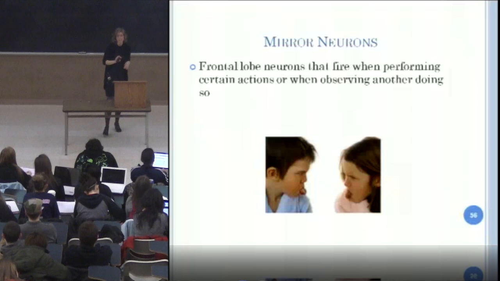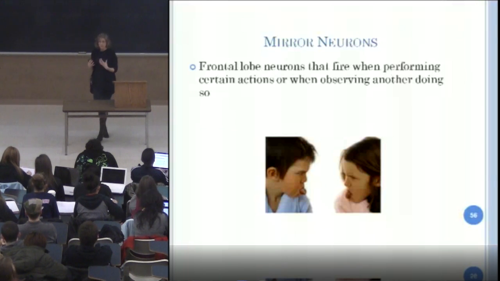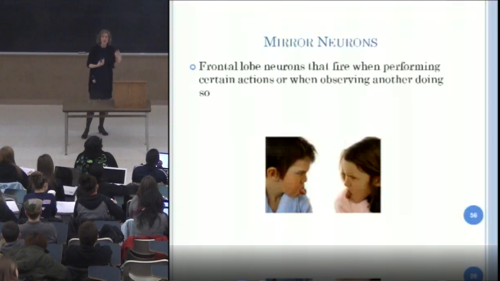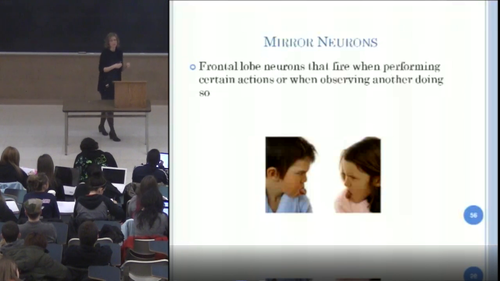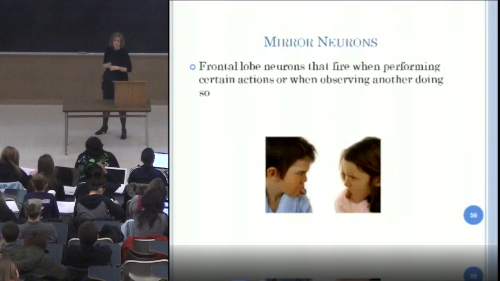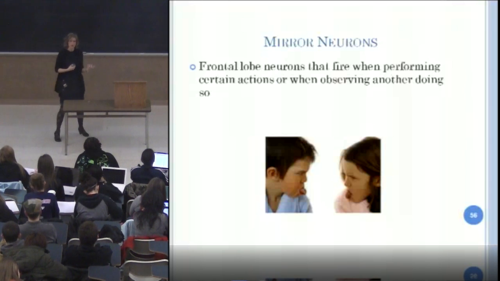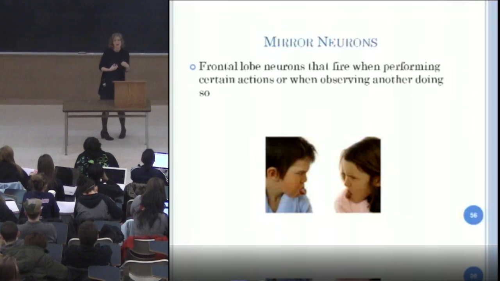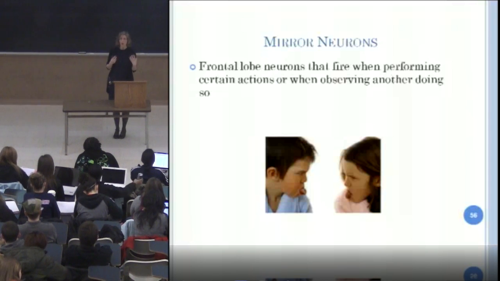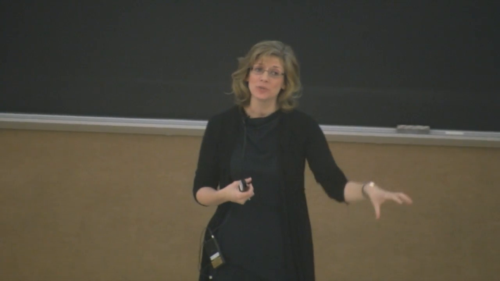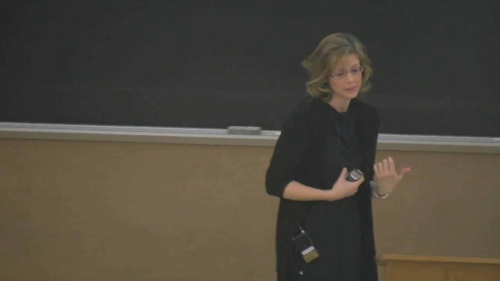So researchers in Italy originally found, doing this research with monkeys, that when monkeys hold something or grasp something or do some sort of motion, certain neurons in the brain are firing, and they eventually called them mirror neurons, because not only do they fire when the monkey is grasping or holding, they also fire when the monkey observes someone else doing so. So if you are observing someone doing something, these mirror neurons are also firing.